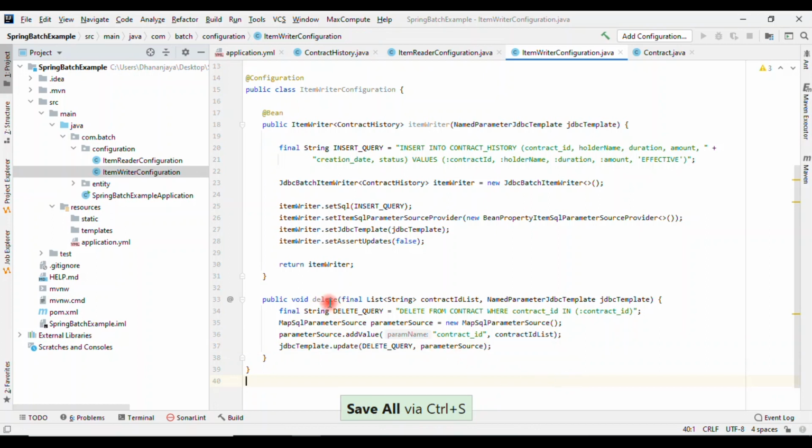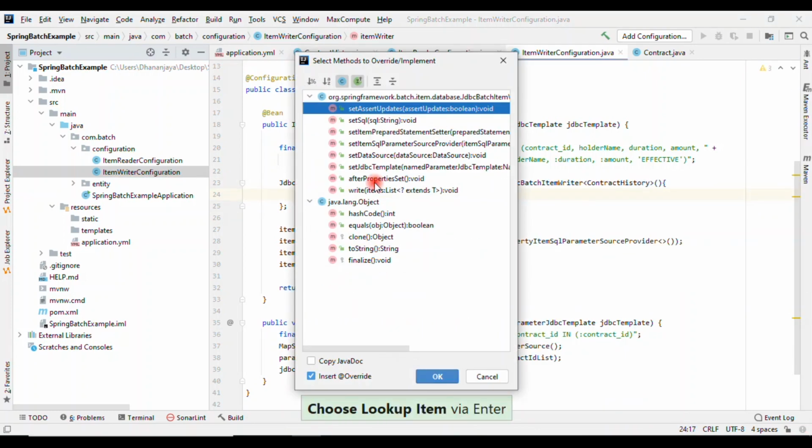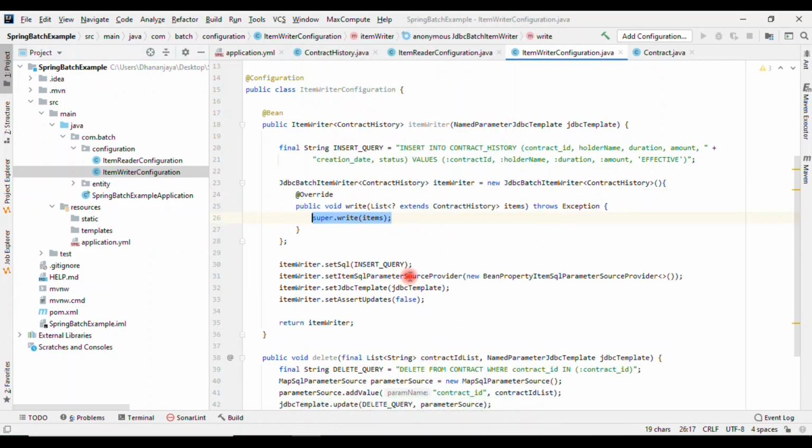But now what we need to do, we need to call this inside the write method of the item writer, right? Whenever it will write the data into the database, after that only we'll do, right? So for that, we need to create an implementation class of this. What we'll do here, we'll create an implementation class here. Yeah, this write method we need to override.